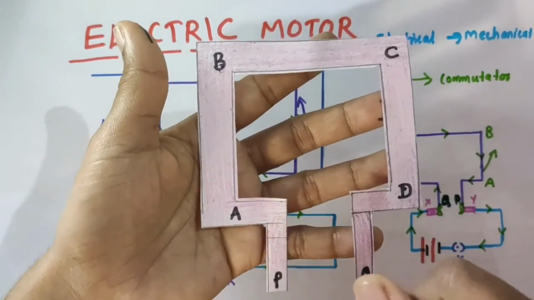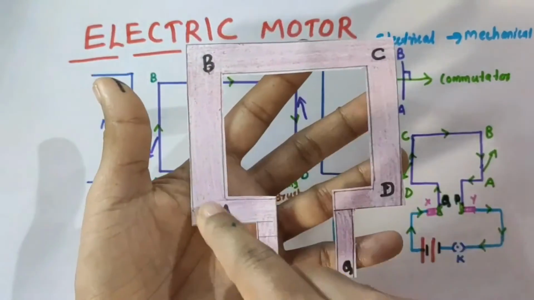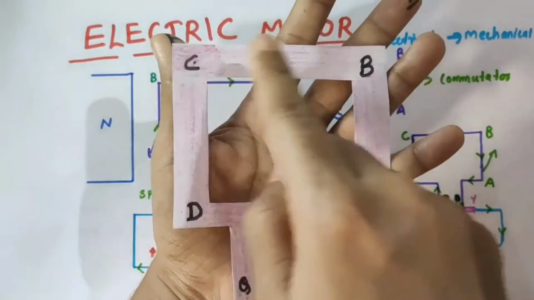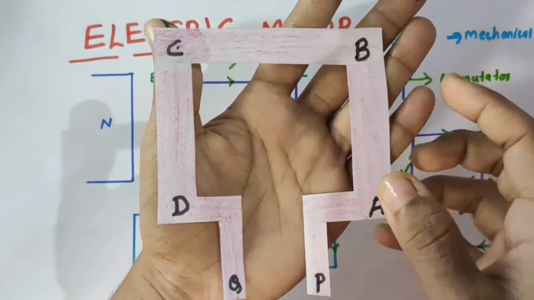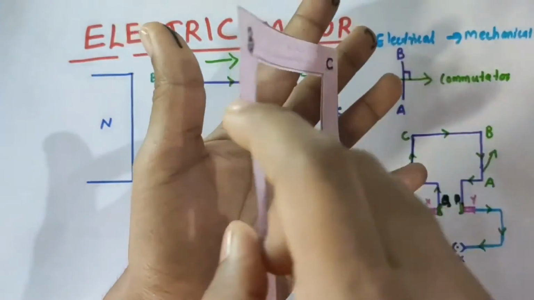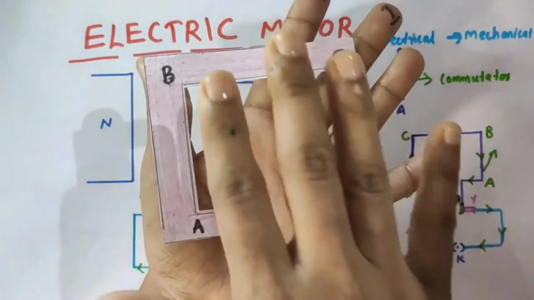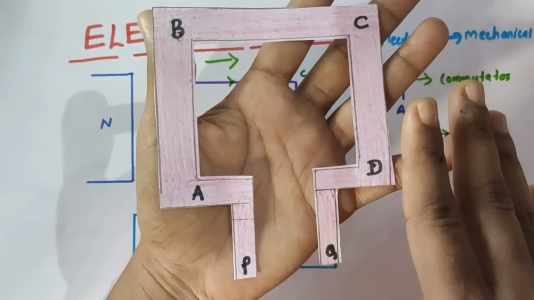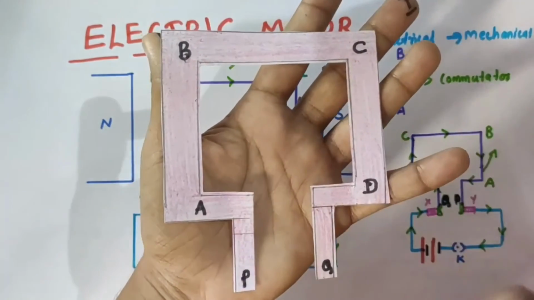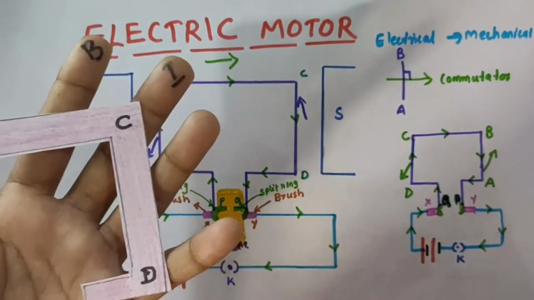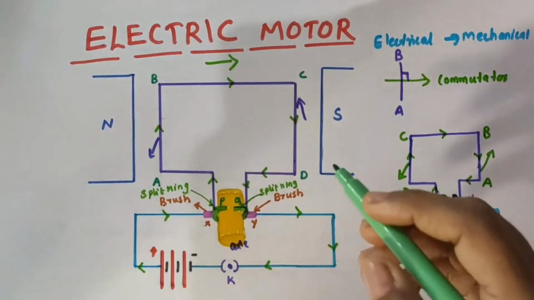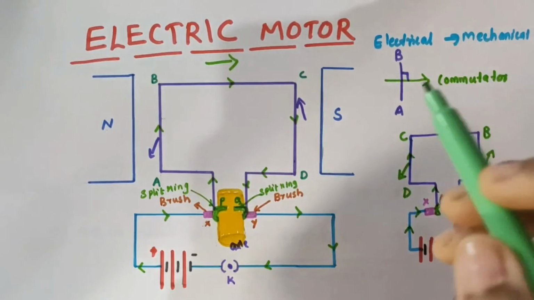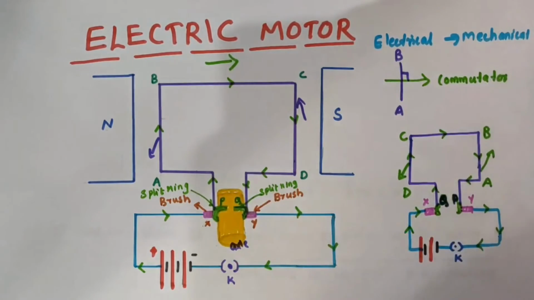Understand? So what is the overall effect from outside? We will see ABCD continuously rotating like this, DCBA, and again the coil will rotate the next half in the same pattern, and it will come to the original earlier position. The reversing of the current is repeated at each half rotation, which gives rise to the full rotation of the coil on the axle.